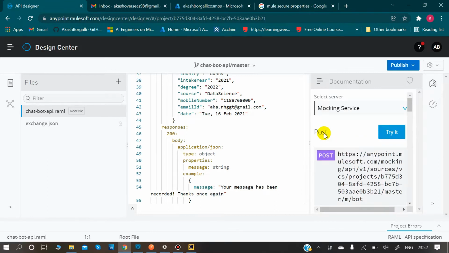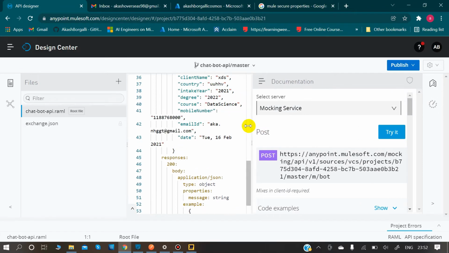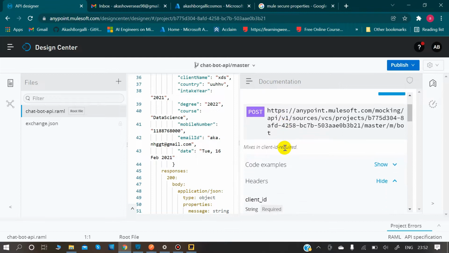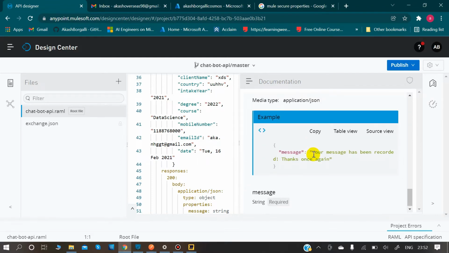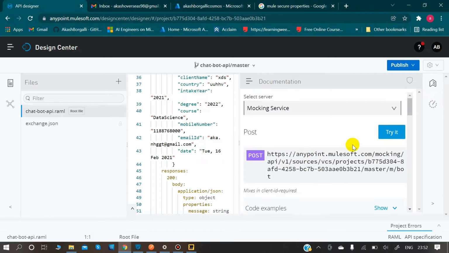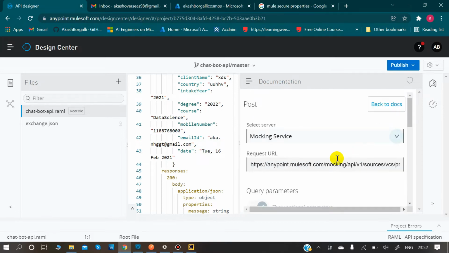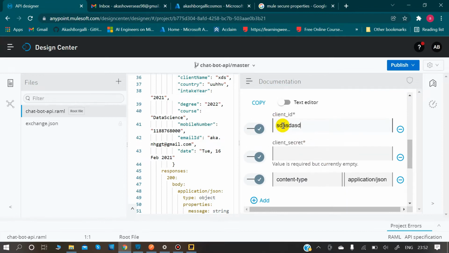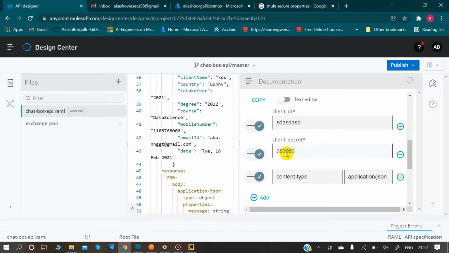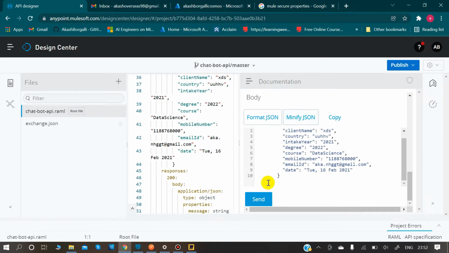So let's say after creating this design, your client would test this application. Okay, so try it. Let's try it using a mocking service. Let's give any random client ID and client secret for now, and try to test it out.